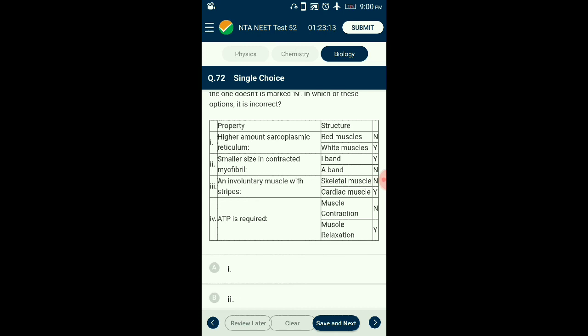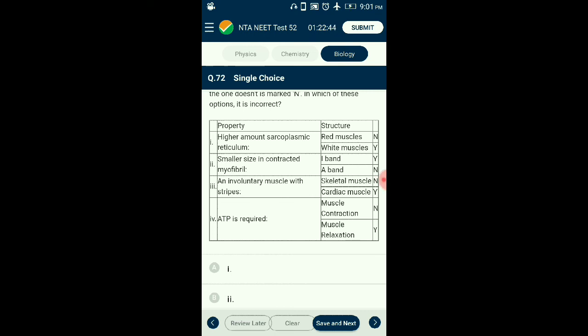Myoglobin content is high in some of the muscles, which gives a reddish appearance. Such muscles are called red fibers. These muscles also contain plenty of mitochondria which can utilize a large amount of oxygen stored in them for ATP production. Some of the muscles possess very less quantity of myoglobin and therefore appear pale or whitish. These are the white fibers. The number of mitochondria is also few in them, but the amount of sarcoplasmic reticulum is high.